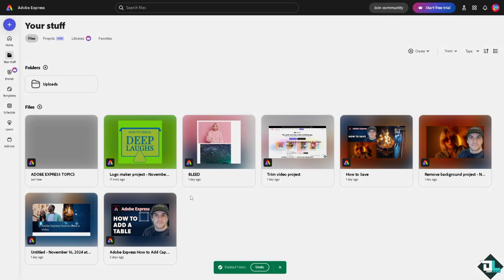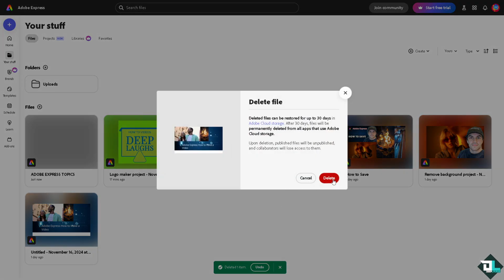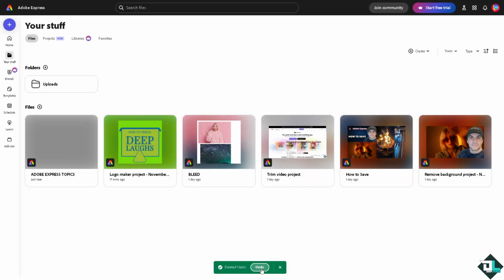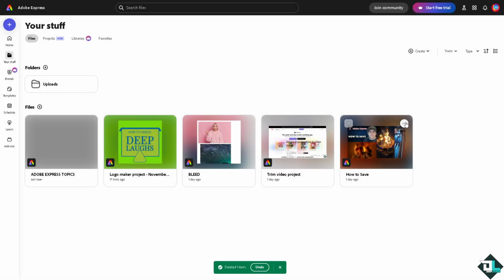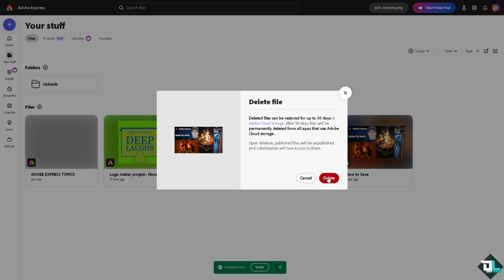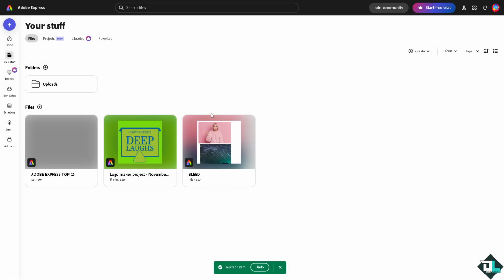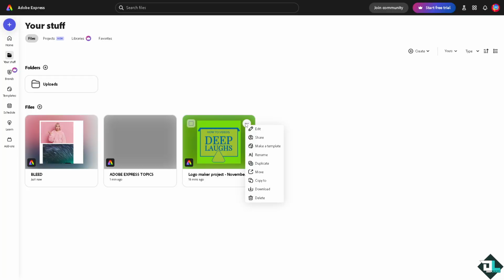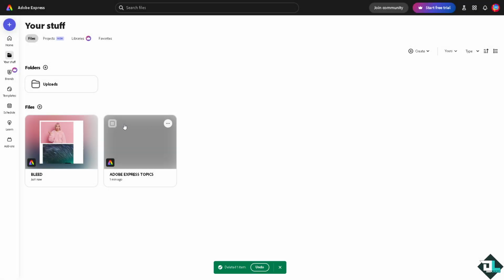So you can have a not cluttered space. You see, if you accidentally delete an item, just click on undo, right? Just click on delete on all of them one by one, because doing so will make your dashboard a little bit cleaner, and this ensures your account stays organized and that you can upload new files without hitting storage limits, especially if